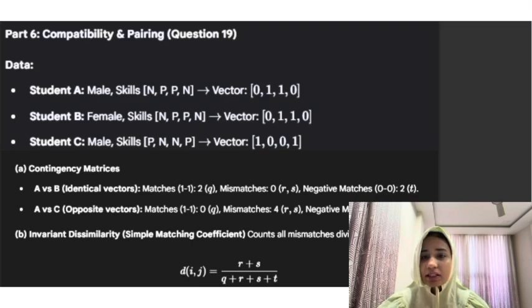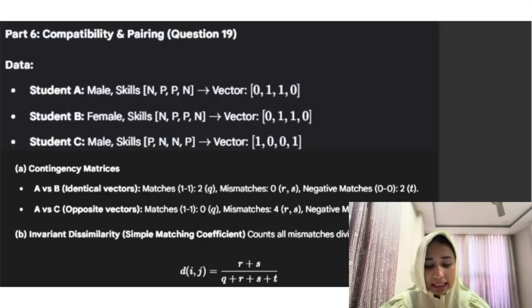In the previous videos, I was explaining the first internal paper in which we have covered part A, B and C. And in today's video, we'll be covering the part D, which is the last part of this paper. So let's start. In part D, question number 19, a student collaboration dataset contains